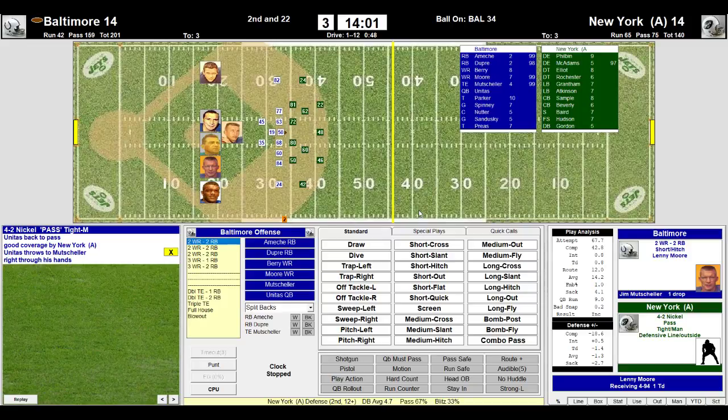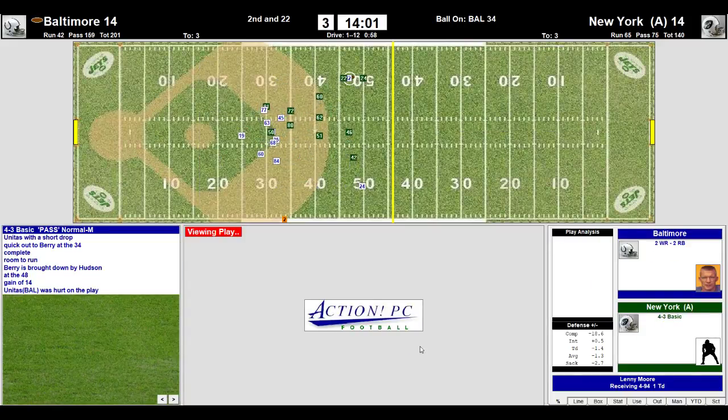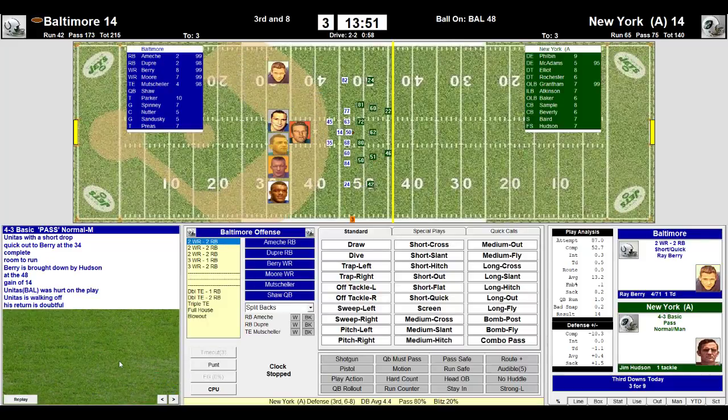So 2nd and 22. Short and quick to Berry. And Berry breaks a tackle, gain of 14, and Unitas was hurt on the play. He is walking off the field, and he is doubtful to return. What a huge loss here,